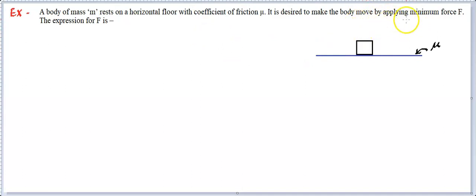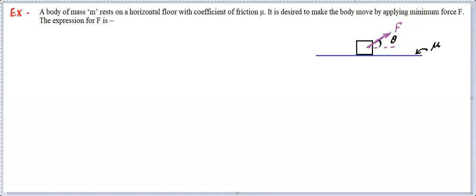So how can you start it, since it's asking for the minimum force? It's not asking about the minimum horizontal force. So what do we need to do? If we want to move the body, the minimum force will be applied at a certain angle, so you need to apply the force at a certain angle. Let's say that angle is theta. The minimum force will come at a certain angle theta, and we will find what that theta is going to be. That's why we also say that pulling is easier, because by pulling we can apply a minimum force, and that is the minimum force we are trying to find in this particular case.